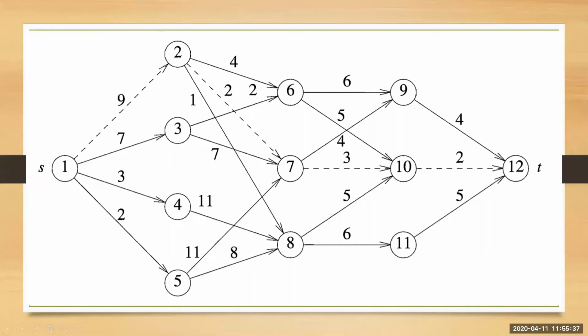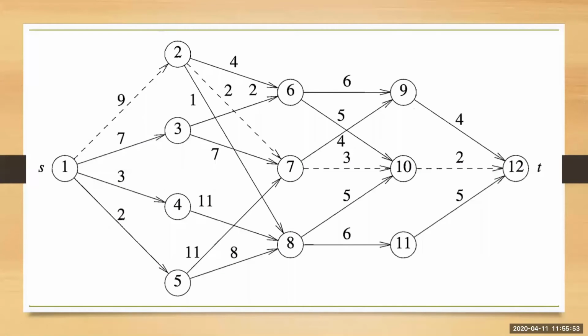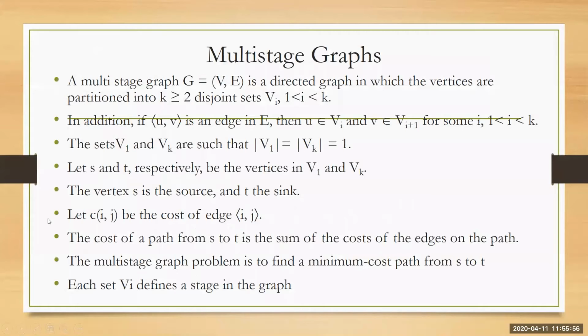To focus on how it is solved, focus clearly. Look at the formula at the top. Cost of ij. Cost of ij. Don't get confused with C of ij. In the previous, we have seen this: let C of ij be the cost of edge. Keep in mind that C means it is the cost of one particular edge from i to j.